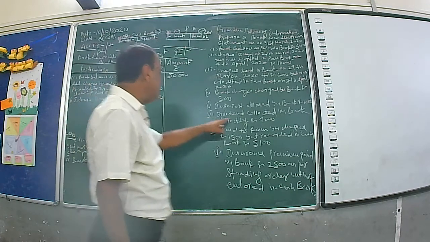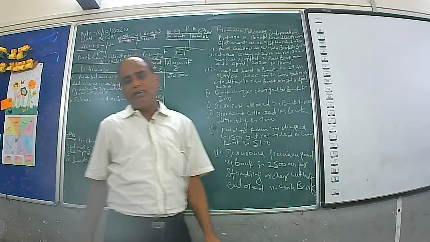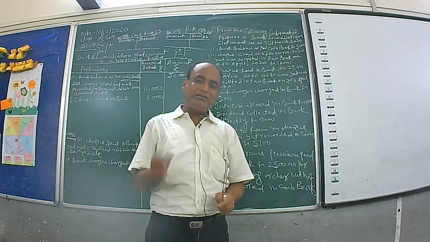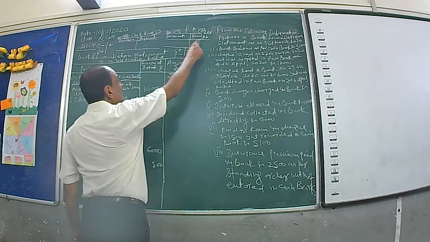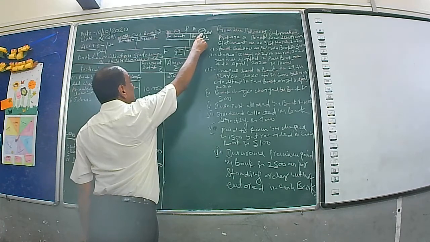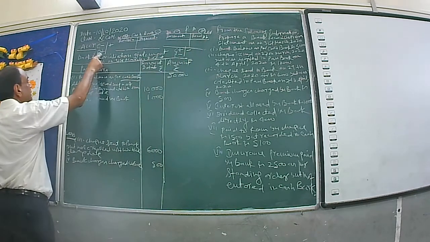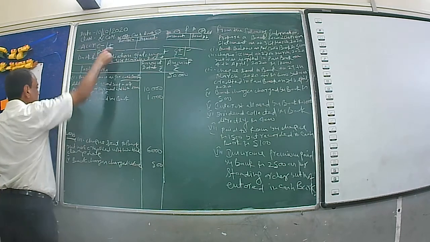Number 6, dividend collected by bank directly, rupees 4,000. It means the bank has collected on your behalf. It means the bank will credit your account. The passbook will be credited on the credit side. If the passbook is credited, P is in a plus position, C is in a minus position. Therefore, it will be plus.